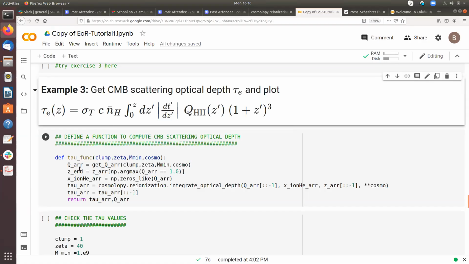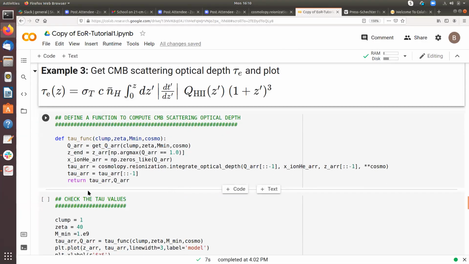So at first we call the get qi array function, which gives the ionization fraction at each redshift, and you again use the Cosmolov package, which will provide the integrated optical depth if you give it the ionization fraction array.